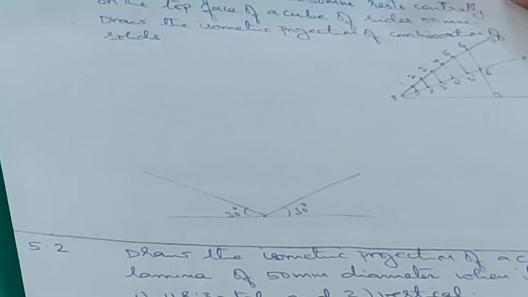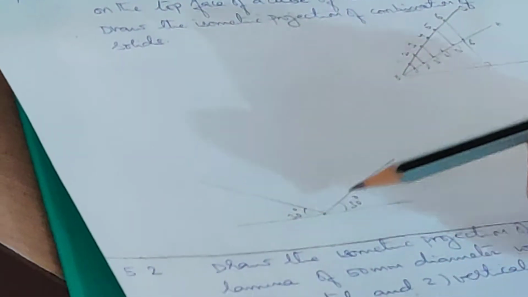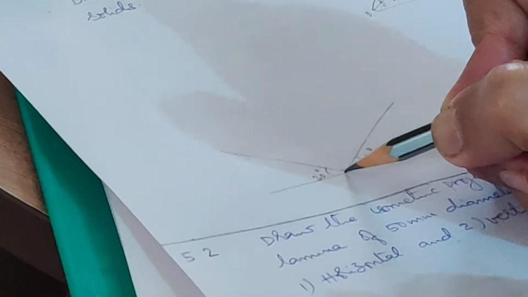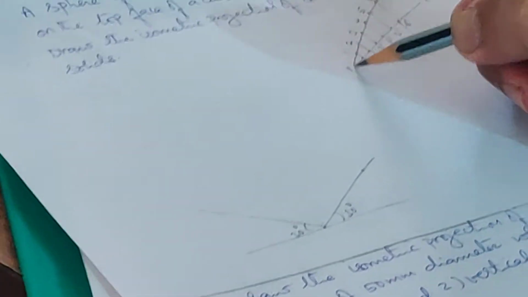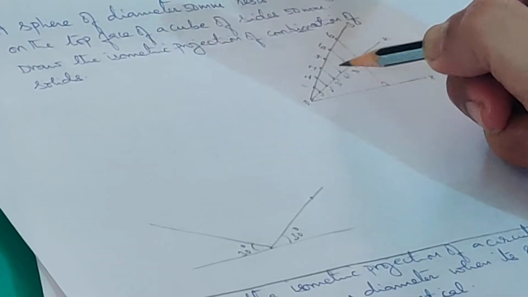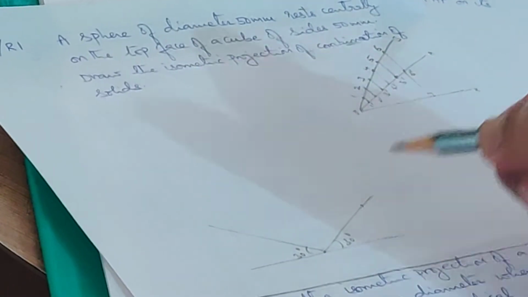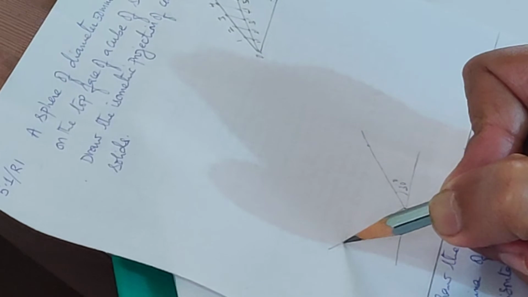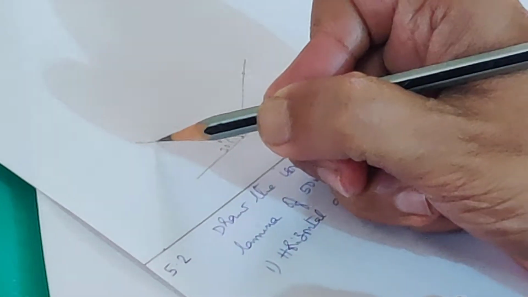Now you are asked to draw a cube of 50 mm sides. So on both the axes you will mark ISO 50. Let us say this is ISO 50. ISO 50 in the sense you will go here. This is actual 50. From here you drop a perpendicular. Now from this point to this is called ISO 50. So you take this distance from isometric scale and then mark here on this axis. Similarly, you mark ISO 50 on the other axis as well. So this is ISO 50, this is also ISO 50.